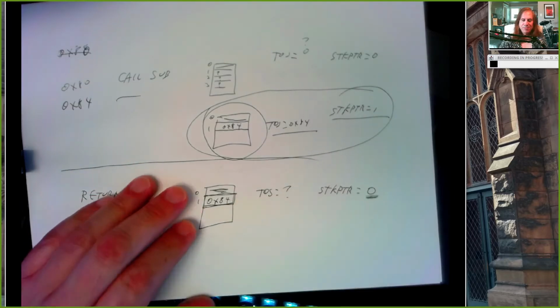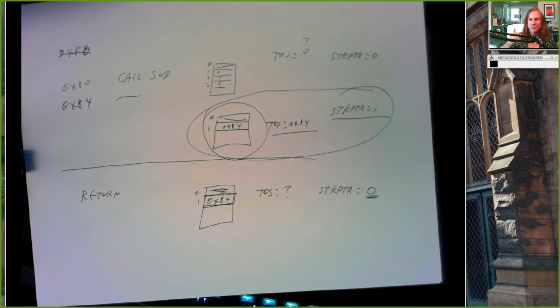And so even though we remove something from the stack, we don't actually remove it. What we do is we adjust our mindset and we say, I'm not going to see that thing anymore. There is no 84 on the stack, but it's still there. And this is really important